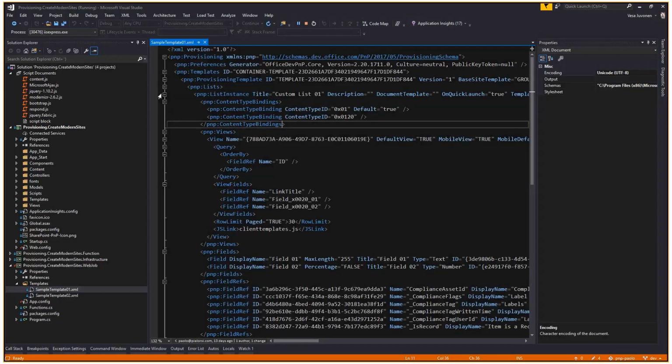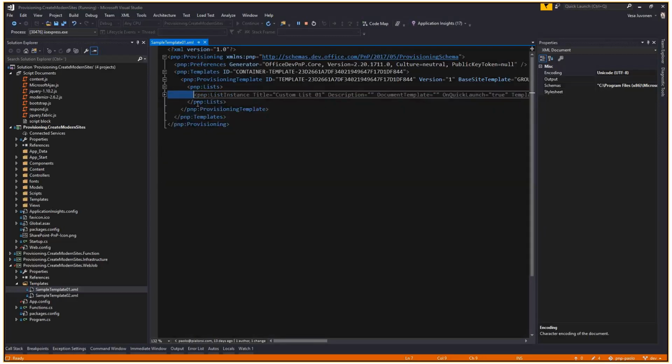Technically, obviously, the provisioning engine can be migrated to the out-of-the-box SharePoint provisioning flow as well. But like I said, if you have already invested on an external tooling and a self-service site provisioning tooling, this is really to show that you can use the modern and provision modern sites as well in the future.